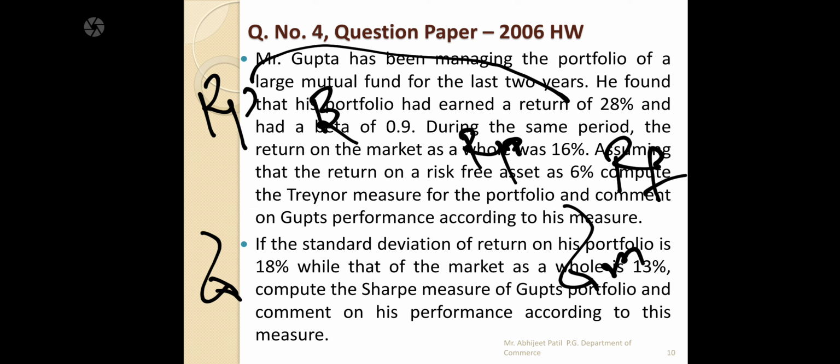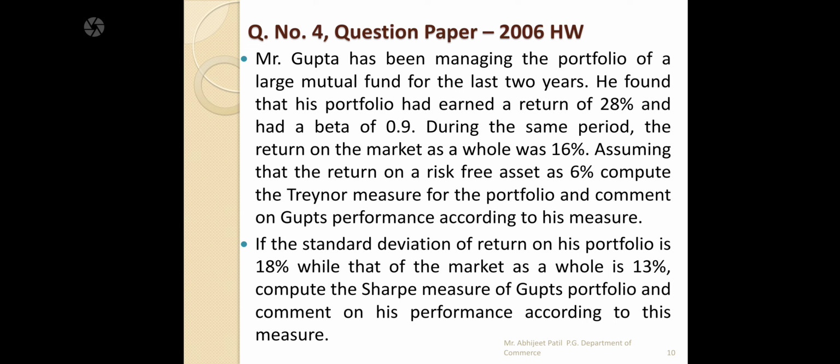So the same thing that we solved in 2005, only it is given here as theory. So you can calculate two times, for the fund and for the market, and based upon that you should give the rank and comment on why we selected that fund or why we selected the market. So this we can do as homework.